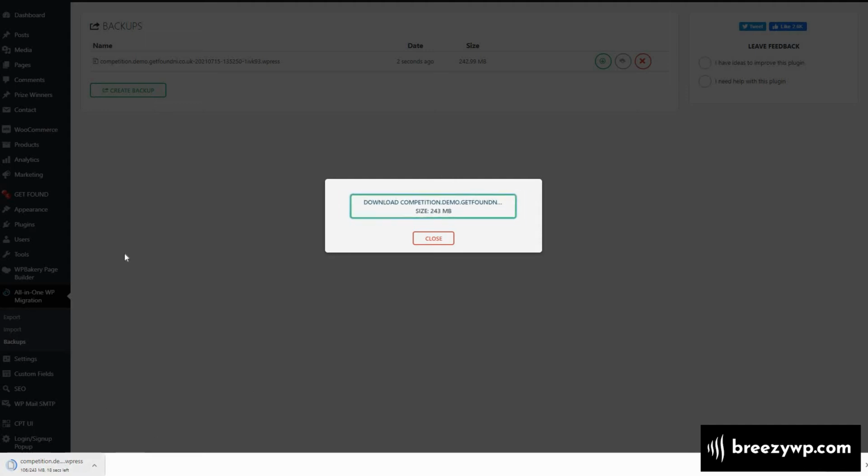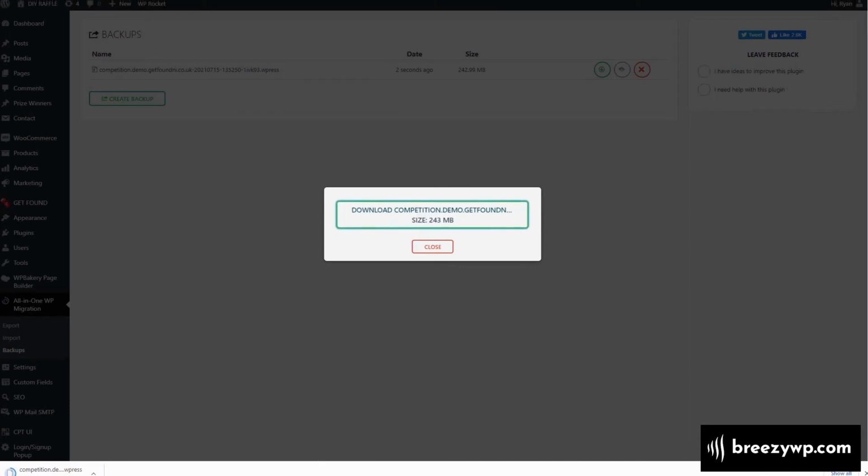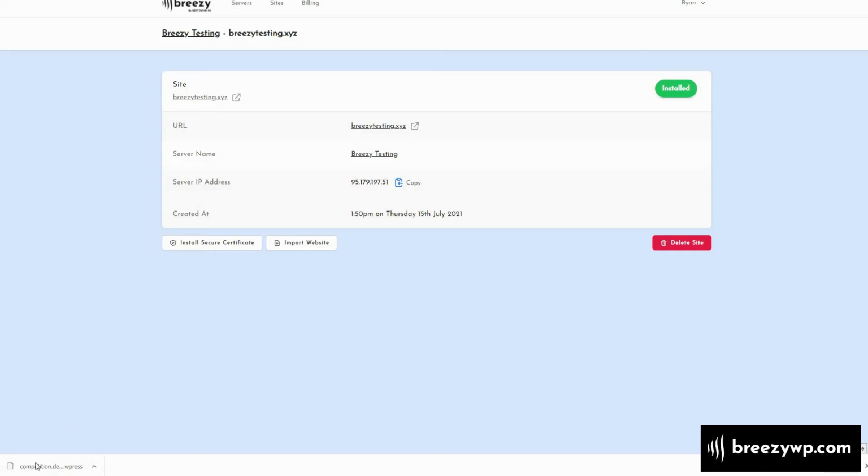But once that finishes, we can go directly back to BreezyWP. Now that we've got the WordPress file, so the .wpress file on our computer, that's our website downloaded to our computer, and now we want to import that website into our new breezytesting.xyz. Obviously, before we import it, we need to first install WordPress on that